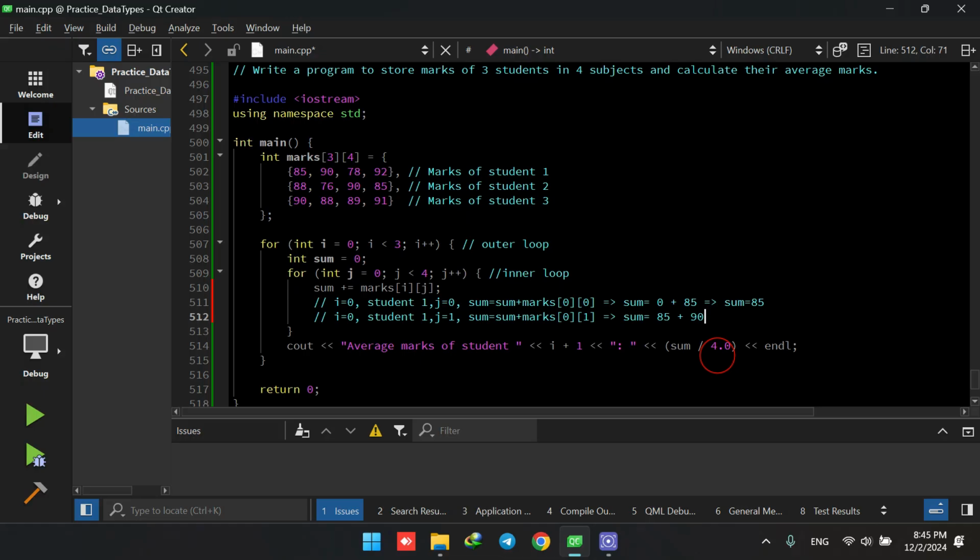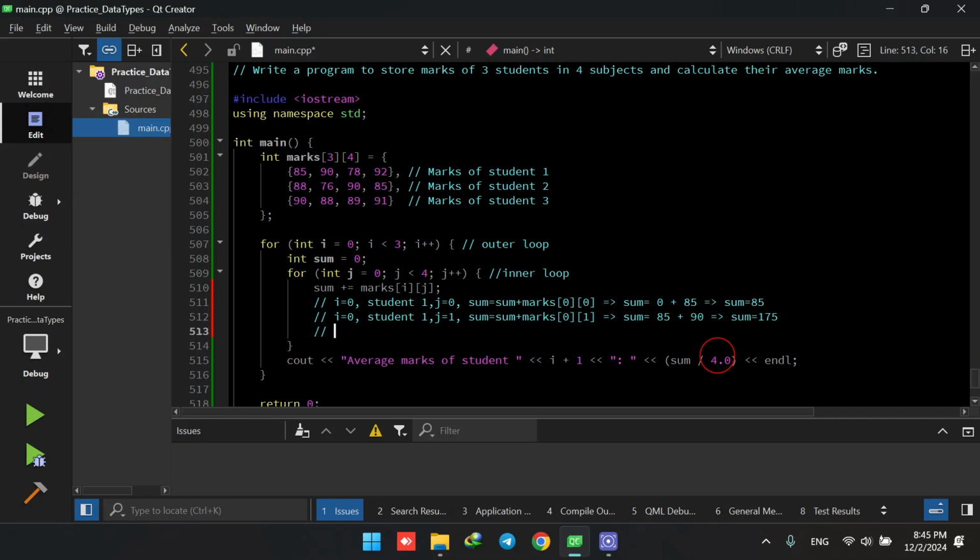And doing the math, we see that 90 plus 85 will lead to having a sum equals 175. And then we have i equals 0, still discussing student 1, j equals 2, sum equals sum